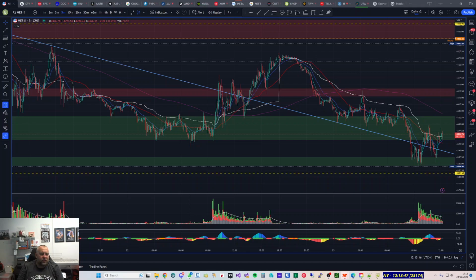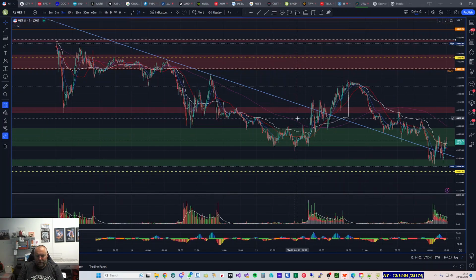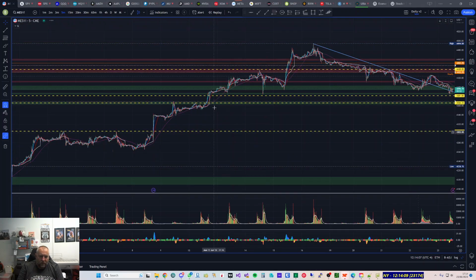So I'm looking at the MES chart on the 5 minute. My first trade of the day was actually in the pre-market, with some orders I had in place, just here at the 43.88 area. It's just a very small single contract, and the reason for that area is, if we go on to the 5 minute chart, you can see it's an area of